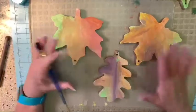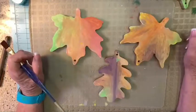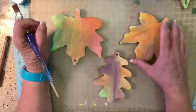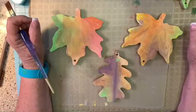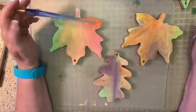Anyway, this is what we're working on this week. We're doing autumn leaves, and I posted some pictures of some. This has two sides, so we're going to get double leaves out of this and double design out of it. Someone asked me, or several of you have asked me,